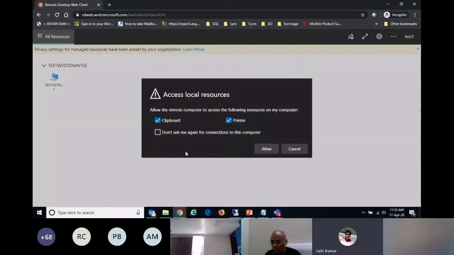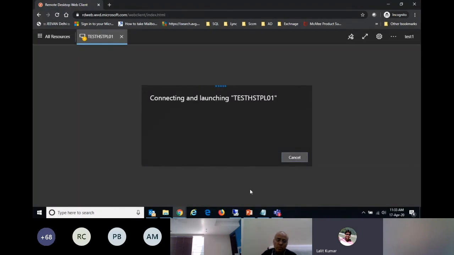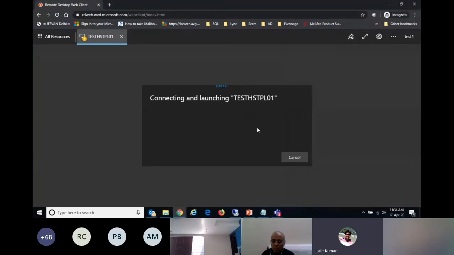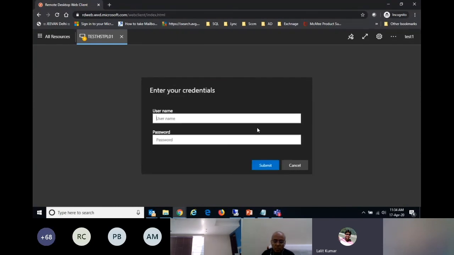Once I click, it will ask me for access. Now launching. Now I need to put in my domain credential here, as this domain is not web verified, since it is my demo session. In an actual scenario, both credentials are the same one. Username and password again.